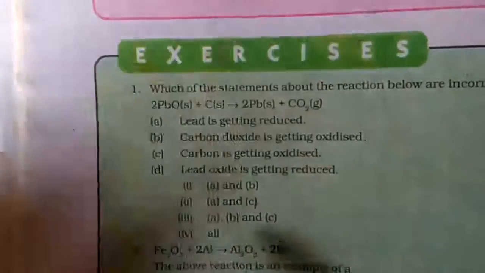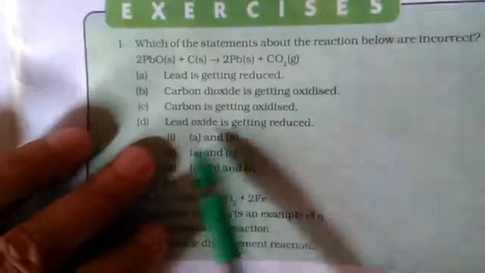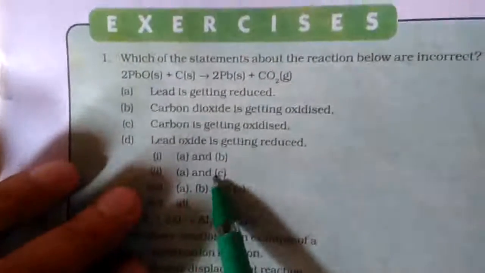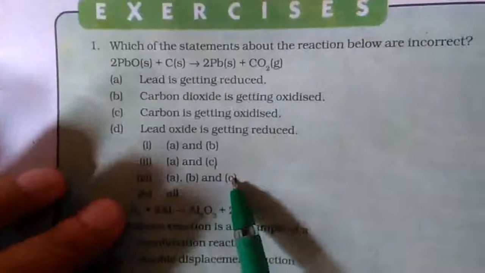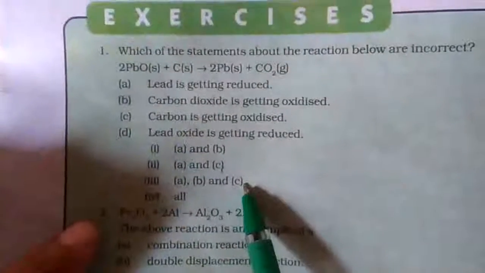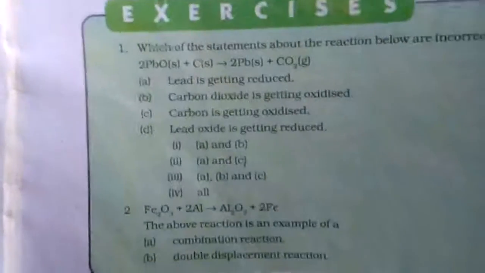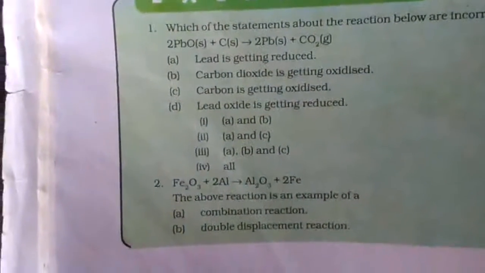This is also true. But in your options 1, A and B, you have to find the incorrect. So A and B are totally incorrect. C is correct, that's why this one is not answered. Again C is correct, that's why C is included here. So this one is not answered. C and D are included. Hence your fourth option will not be the correct answer. So the correct answer will be 1, that has A and B options.